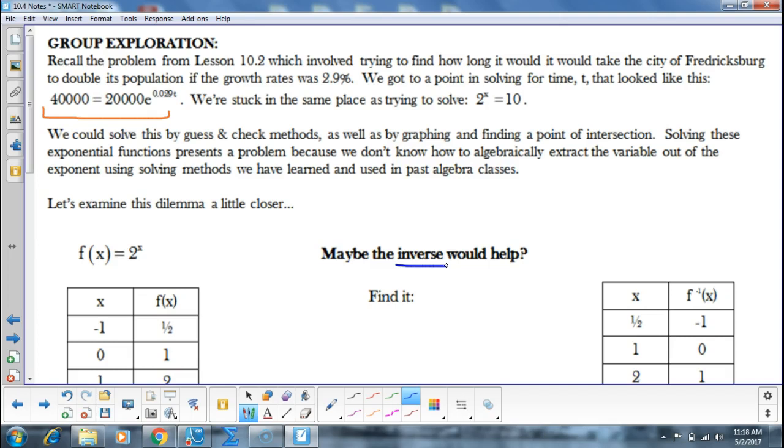Squaring is the inverse of square rooting. We have to try and find a function that we can invert on this 2 to the x and use that then to solve it for x. Now, the basic idea behind it is you are going to switch your x